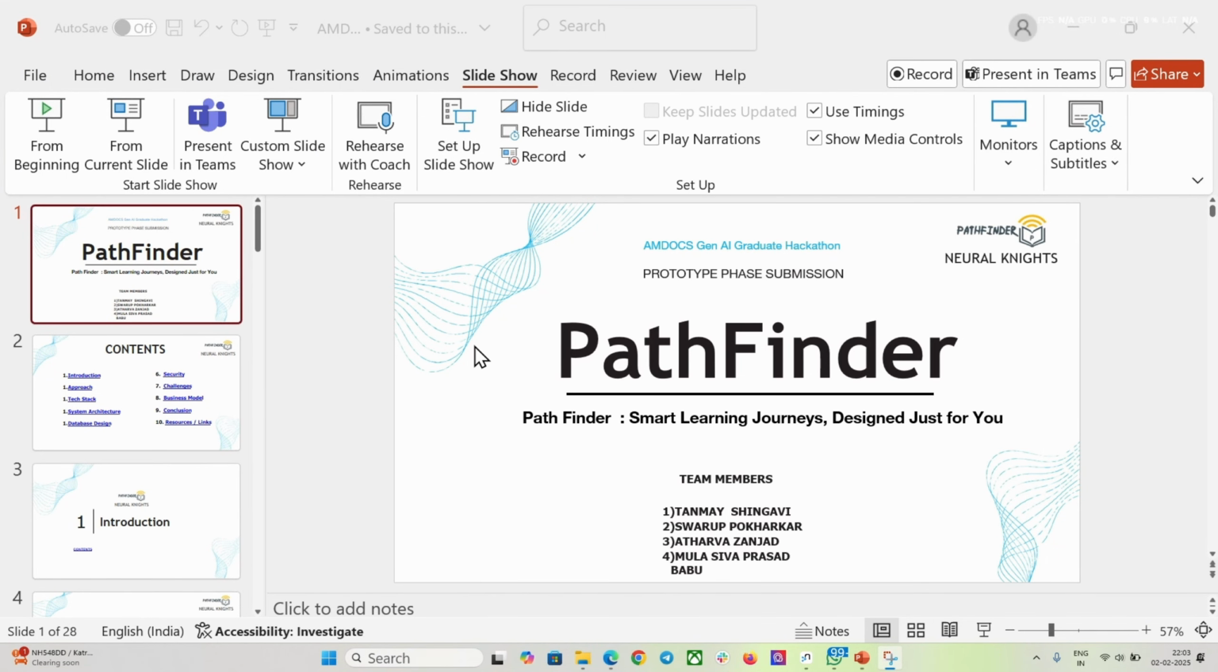With Pathfinder, you don't just get a random list of courses. You get a smart, structured, and adaptive learning journey tailored to your goals, strengths, and progress. Whether you are a student, a working professional, or someone switching careers, Pathfinder is here to make learning efficient, personalized,